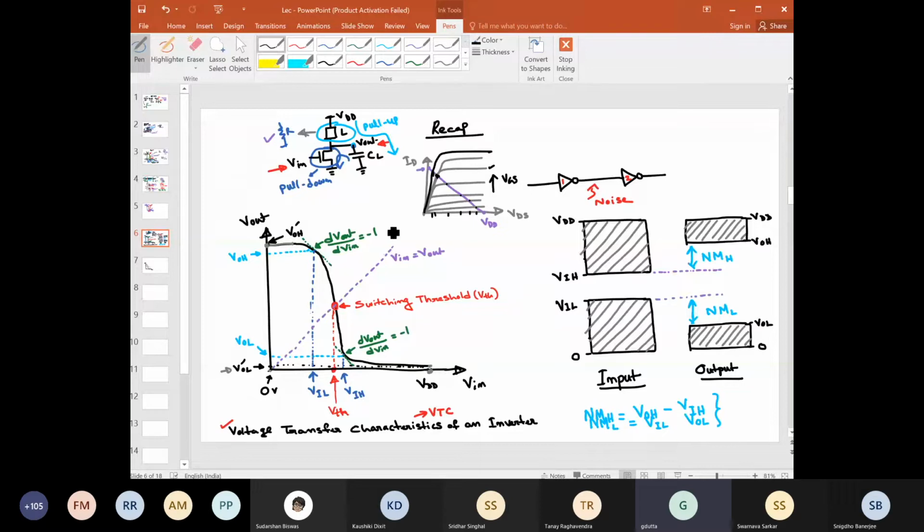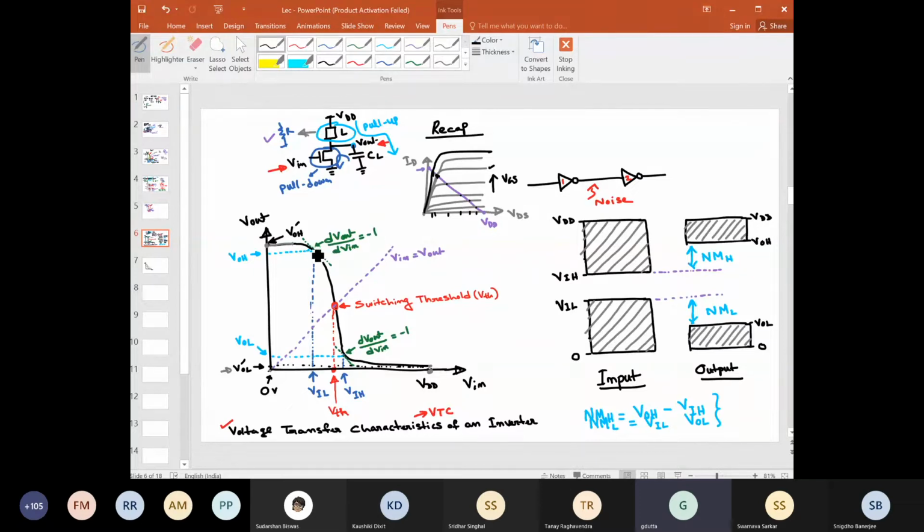So I hope now these characteristics are clear. Why should it be like this? Here this was flat initially. After that it has started falling, so the slope is changing. So at a particular point of time, this dVout by dVin, that is the slope of this, will become equal to